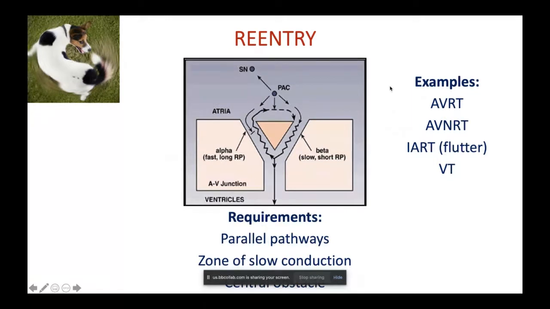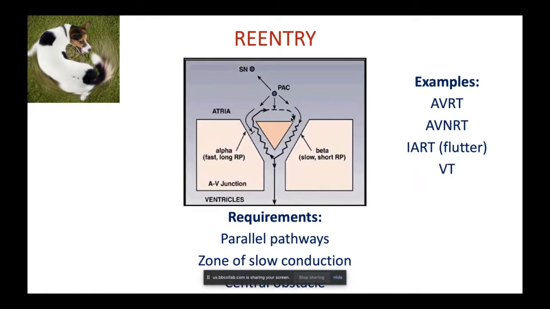And typical examples of reentry tachycardia are AVRT, which is atrioventricular reentrant tachycardia, AV node reentry, which is AV nodal reentrant tachycardia, IART or intra-atrial reentrant tachycardia, also known as atrial flutter, or sometimes scar-related ventricular tachycardia. And the way I think about it is reentry is almost like a dog chasing its tail. The dog will go round and round till the dog is able to bite the tail, then it hurts, then it stops. So if electricity collides, or at some point one of the pathway properties change, that reentry circuit will